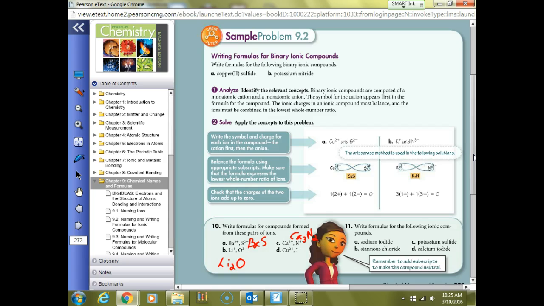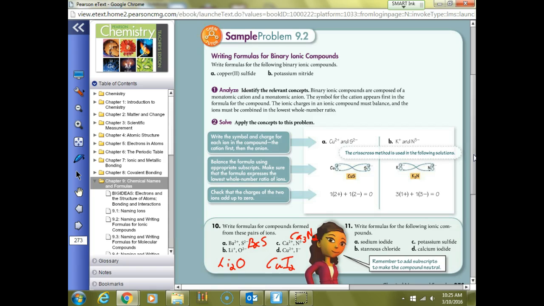Peyton? CuI2. All right. There you go. You're writing formulas for binary ionic compounds. Now, in 11, it's giving you the name, and it wants you to write the formula. So A gives you sodium iodide. So now you have to use your periodic table. Look up the element symbols